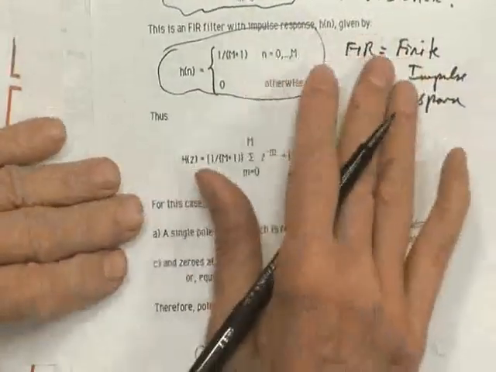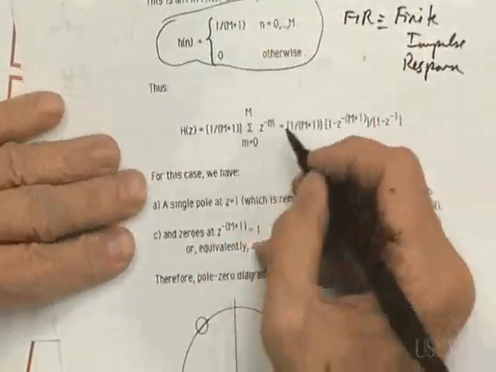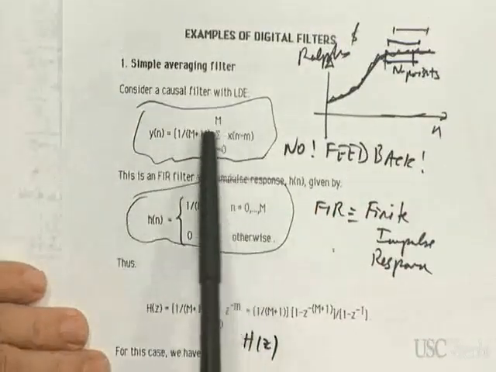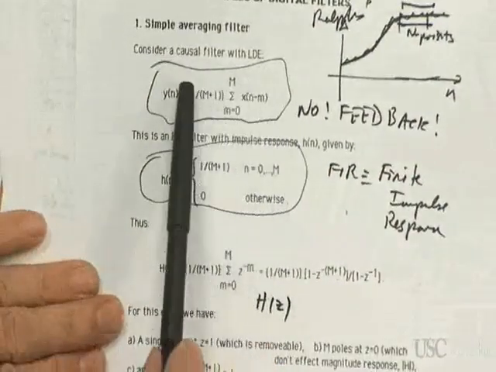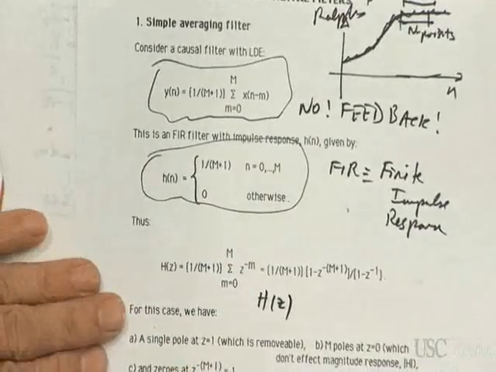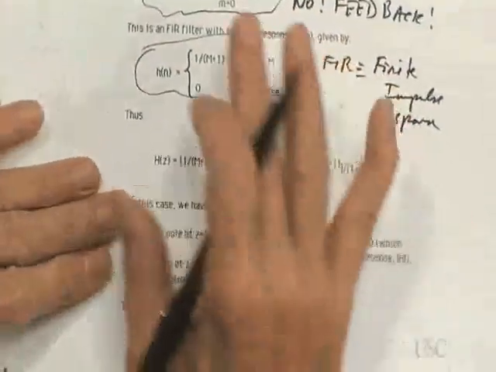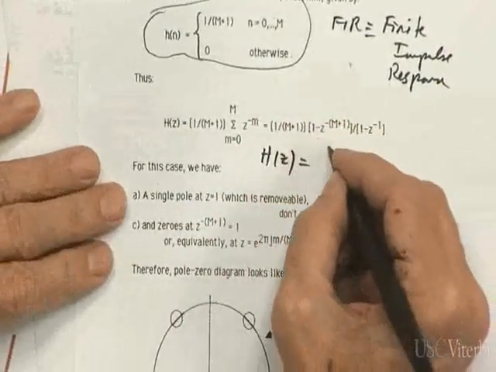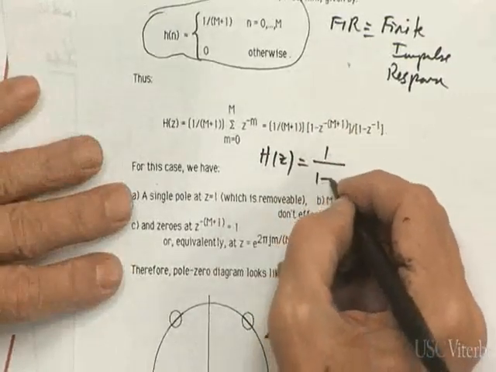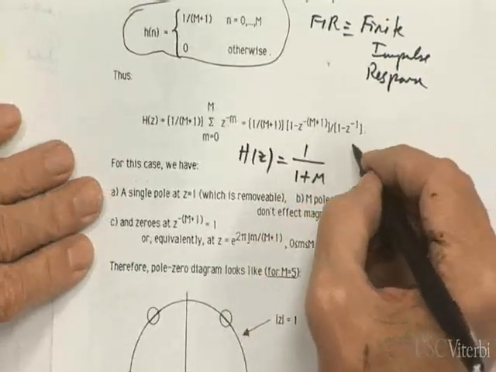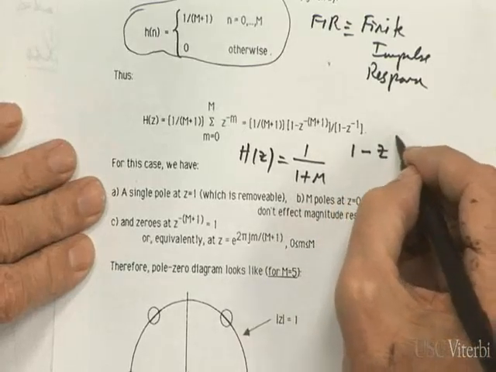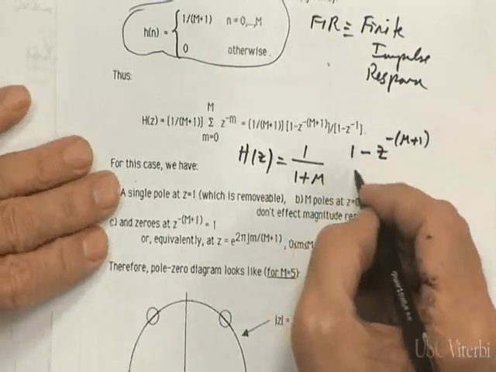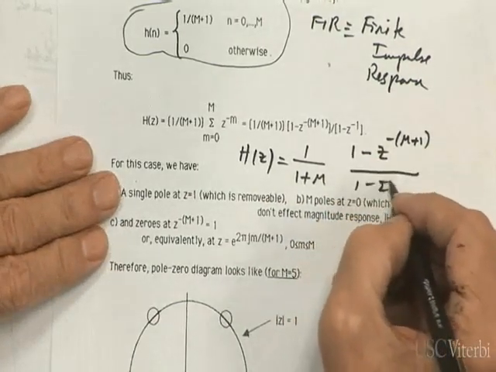So if we've got an impulse response, that means we've got a Z transform. And what is our Z transform? Now recall, this is a running average, and I'm normalizing the number of points that I'm averaging or summing over. So that's why you keep getting this constant. And what is H of z when you use the geometric sum formula? This is what you get: 1 minus z to the minus (M plus 1) in the numerator,